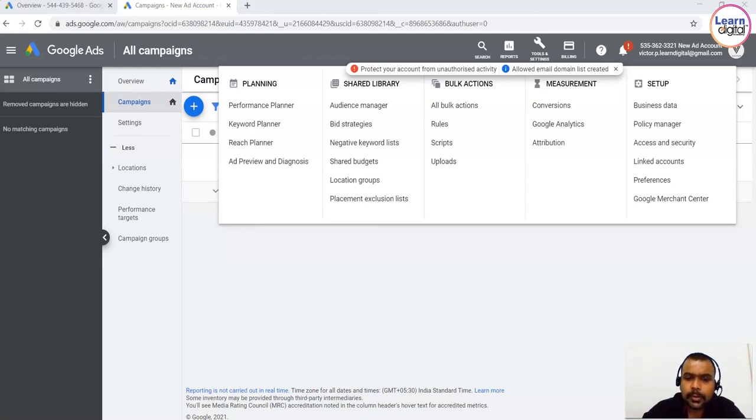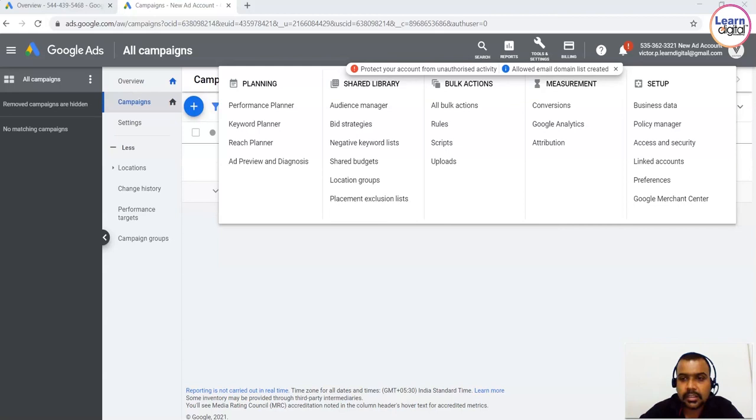According to Google, an attribution model is the rule or set of rules that determine how credit for sales and conversion is assigned to the touch points in the conversion path. So which is equally important. You can focus on the last click attribution or the first click attribution or linear attribution. You can focus on that.